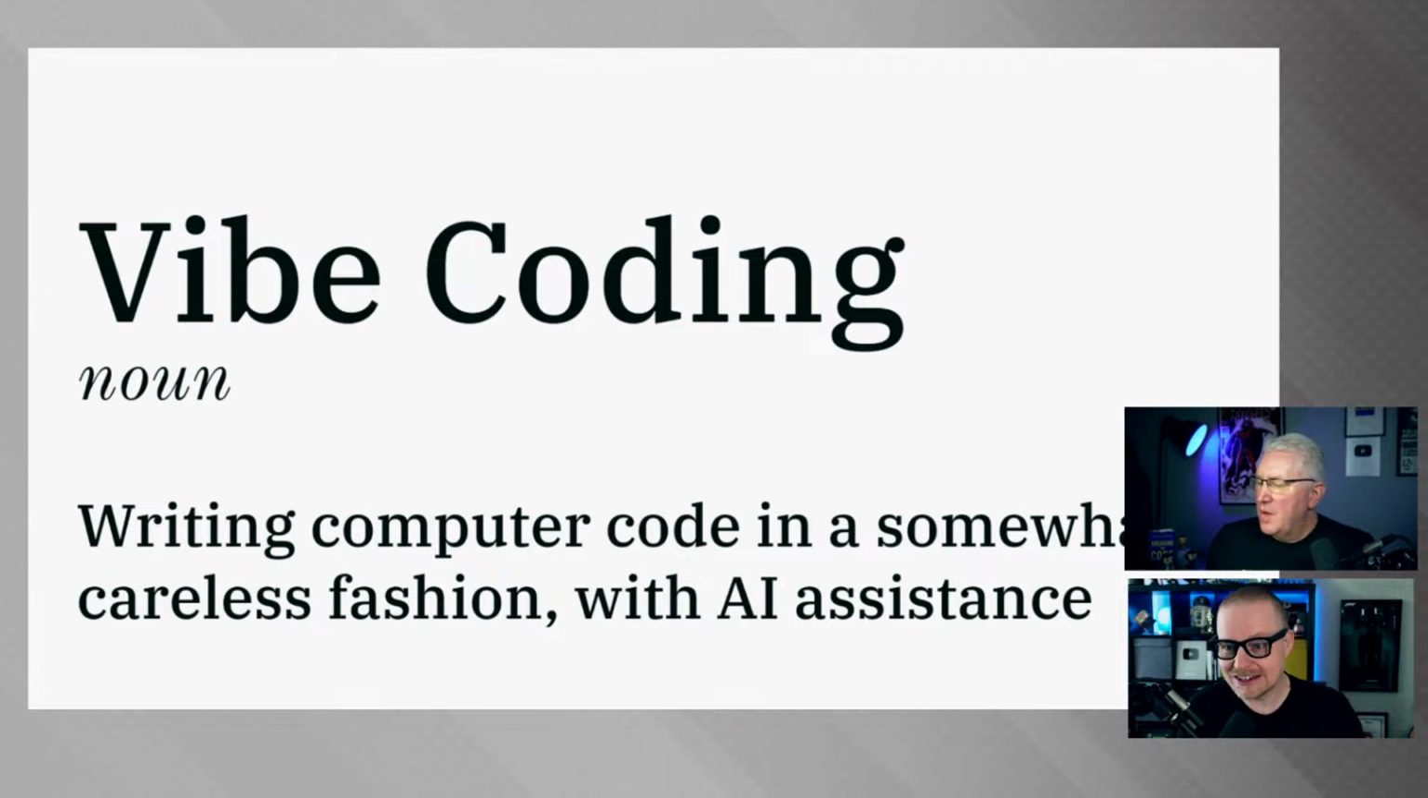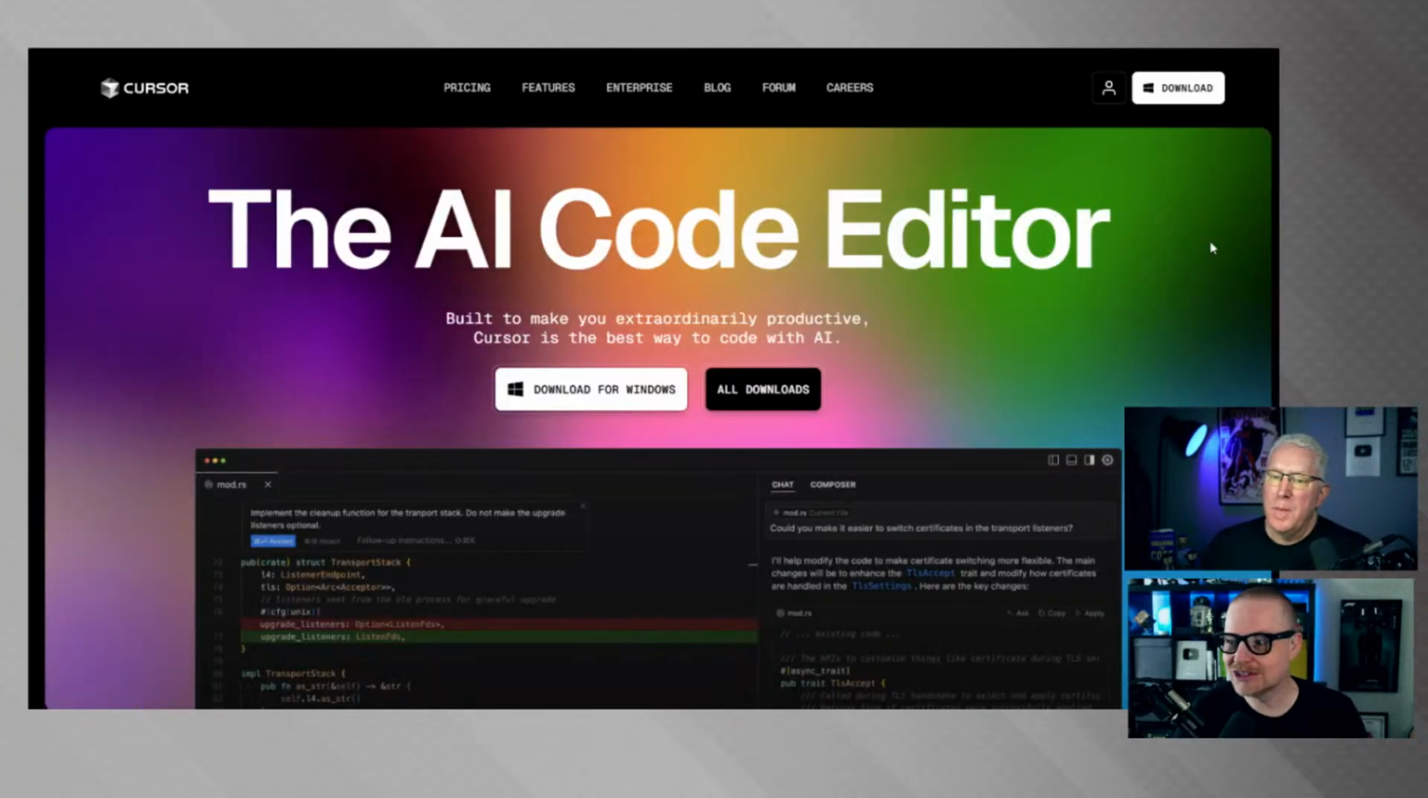So this is now its official dictionary definition, by the way. This is Merriam-Webster. This got added. That's how quick they are these days. So vibe coding is a noun, and it is writing computer code in a somewhat careless fashion with AI assistance. It's basically just using a tool, which in our case, we are going to be using this